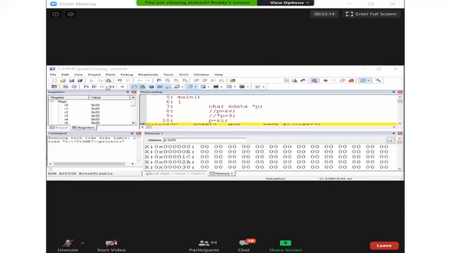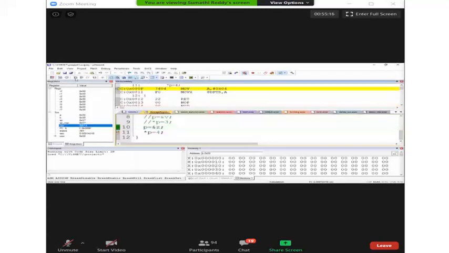Now let me show you the output. What is the memory location we are accessing here? FF12. Let me see the 12 memory location content. I'll magnify the screen. See, 04. Is it clear?